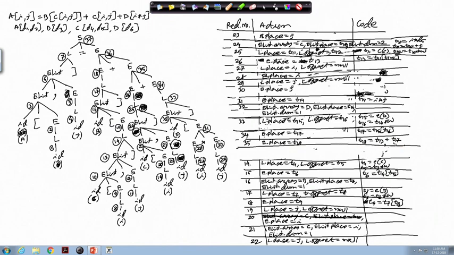That is 35. At 36, it is again E plus E. So, now it will generate another new temporary E.place equal to a new temporary T19, where T19 is equal to T9 plus T18.